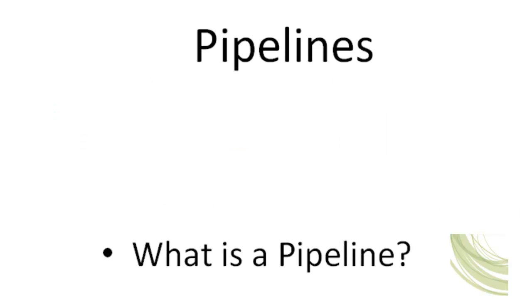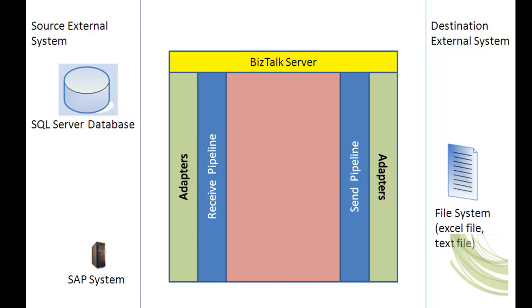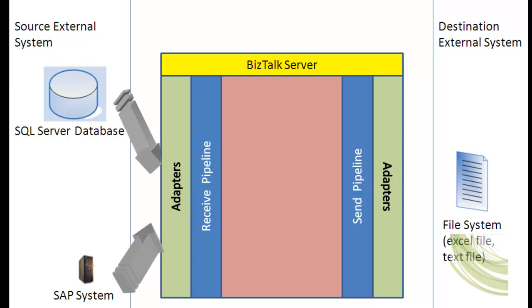The next component is pipelines. What is a pipeline? Let me tell you one thing. BizTalk internally uses XML. So anything or everything you give BizTalk in XML, it's all ready to understand and interpret. Using adapters, you will make connections to the SQL Server database and the SAP system. The data in these systems are in the form of rows and columns, but BizTalk understands XML. That means I need a component which will transform this rows and columns data into XML format, and the one component that will do the job is nothing but your pipelines.